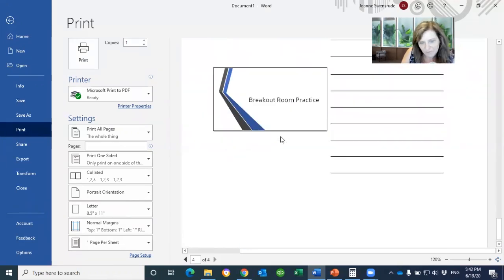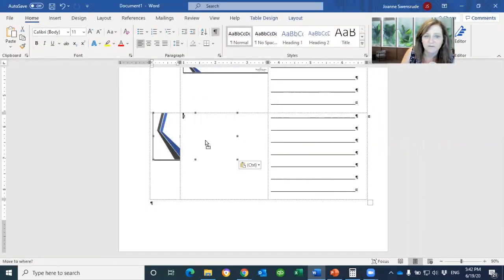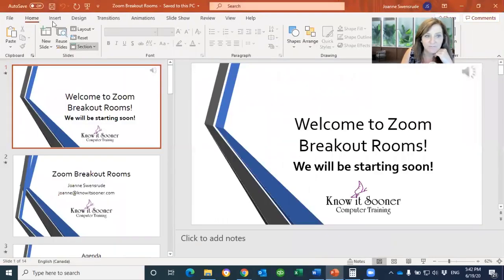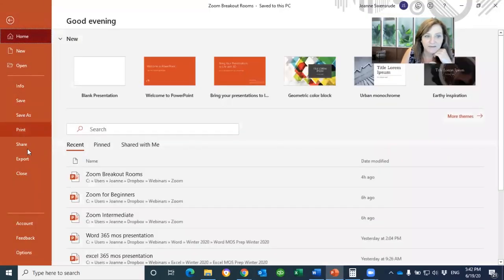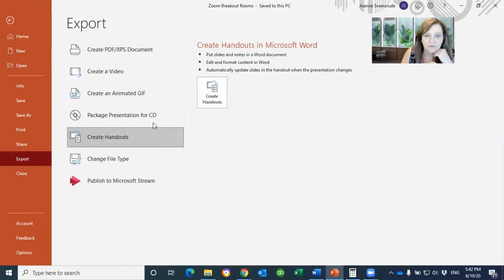Is it worth it to put it into Word? It depends on what else you want to do with it. These are little graphics. You can move them around if you want. So you might have a whole new idea about what you want to do. You might want to blow this up to half a page or a full page. You want to put some notes underneath it. It's up to you. So I would encourage you when you're in PowerPoint to go into File, Export, Create Handouts,